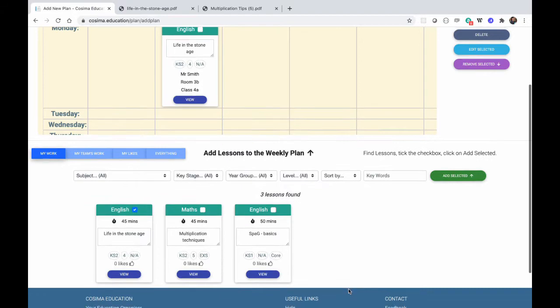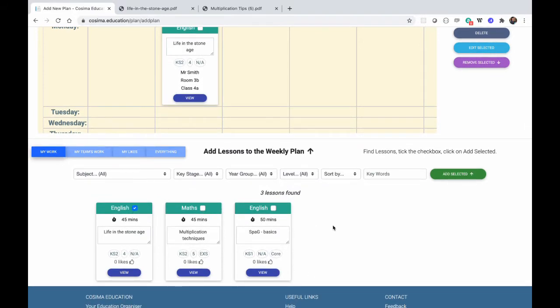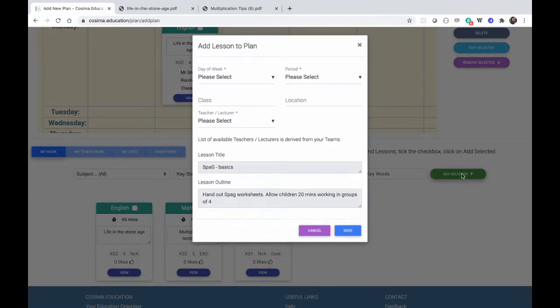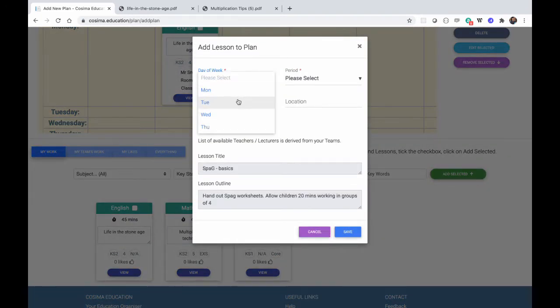And I'm sure you get the idea, but as you've previously built up your lessons, you can now say, actually, I'm going to be doing SPAG Basics, and we'll do that. Let's just say we want to do that. This time we'll do it on Tuesday, and we're going to be doing it in lesson 2, and the class is still